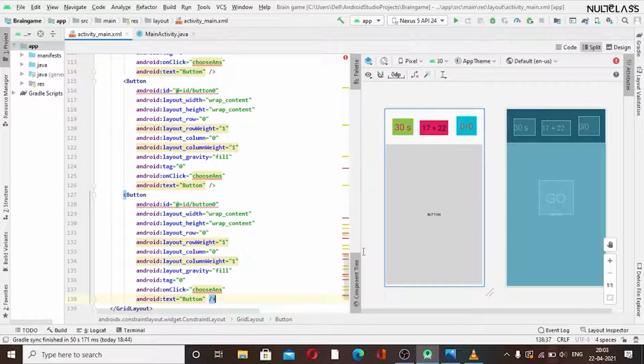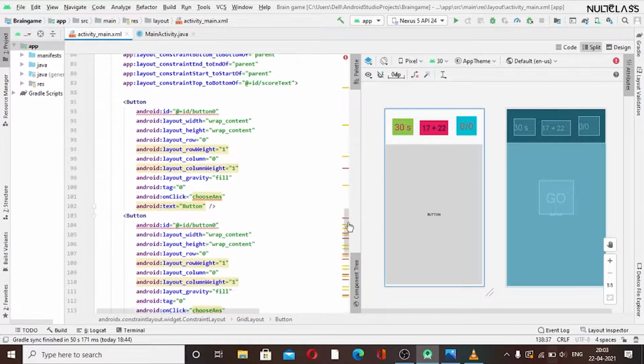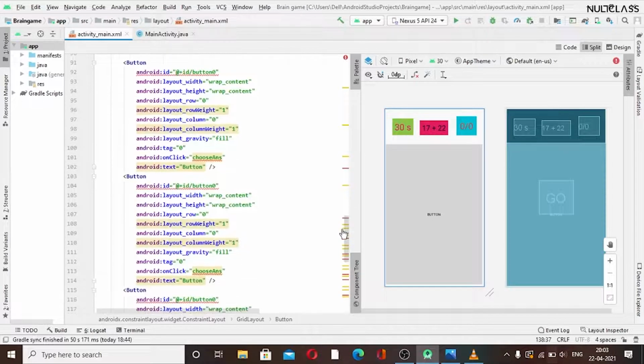Okay, so I have added the four buttons, so I will just go to the above. So this was our first one. Now I will make the changes, so concentrate here. We will make changes in the code, and you will see that the buttons will automatically split up and make four buttons altogether. Okay, so I will change the values here. The row should be 0, row weight should be 1, and column should be 1, because we want it to be side by side, like vertically, like this. We can see we have two buttons here.